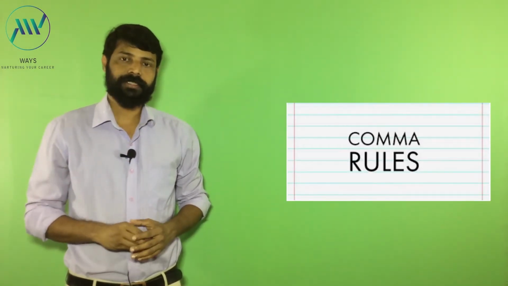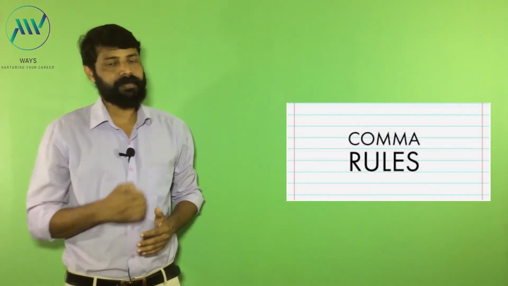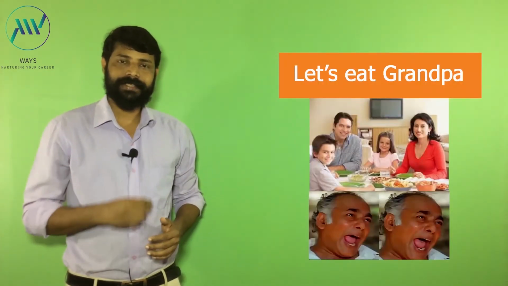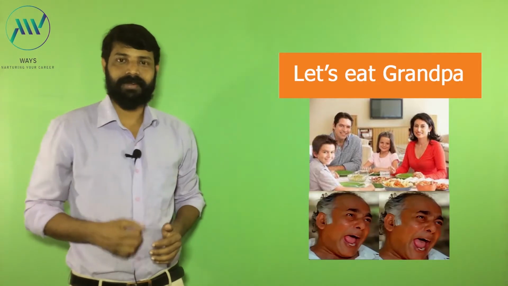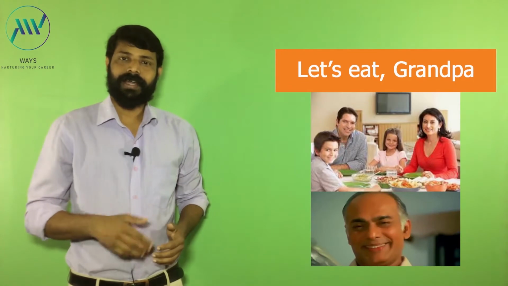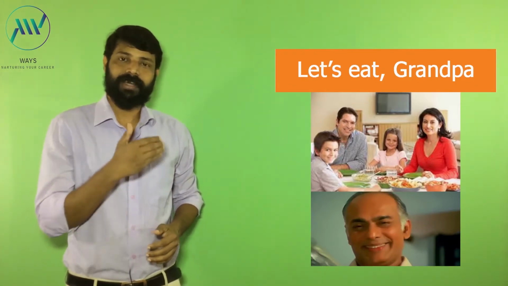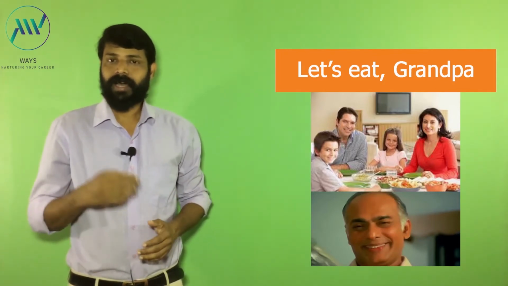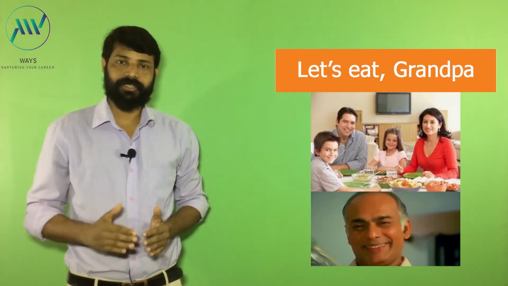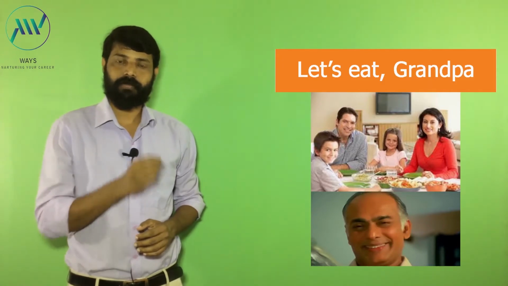Before listing these rules, I think we better go through some examples to get closer to this punctuation mark. See, there are some examples here. The first example is indeed a classical one. Let's eat grandpa. See, in our example, our grandpa is crying. The next version of this example: let's eat, grandpa. See, in this example, our grandpa is smiling just because this example contains a comma. Our question is how a comma changed the mood of our grandpa. I seriously seek your attention on both examples.